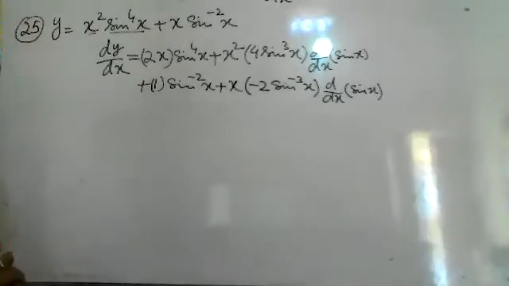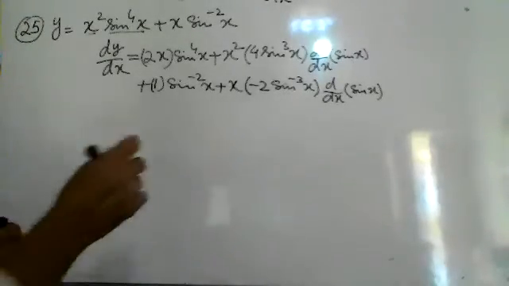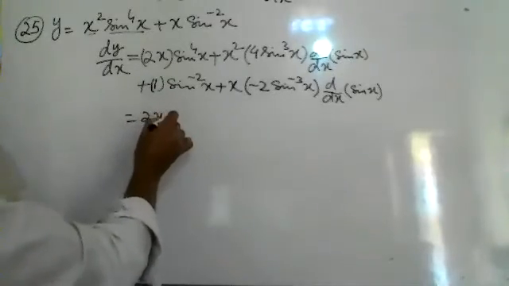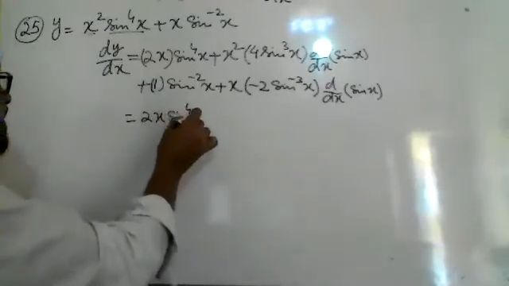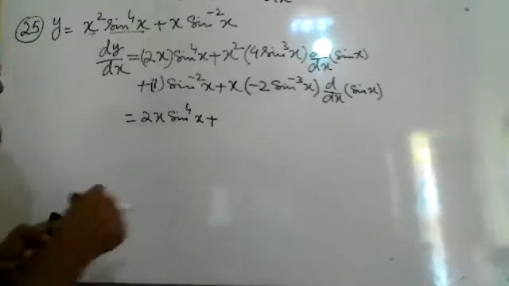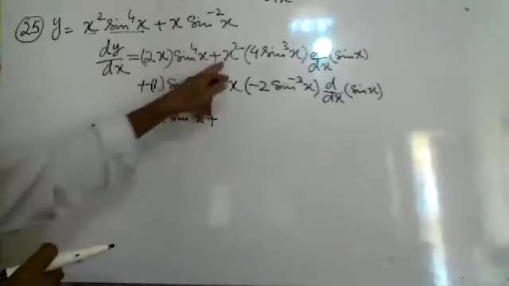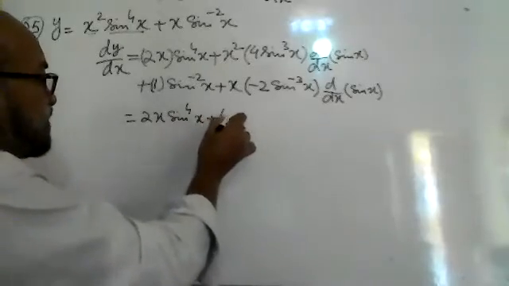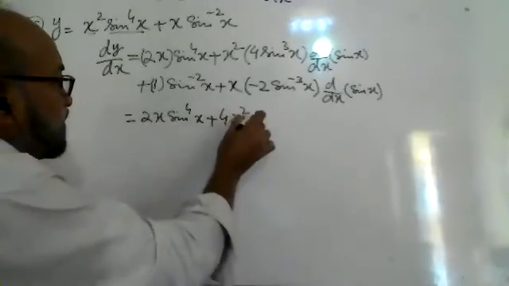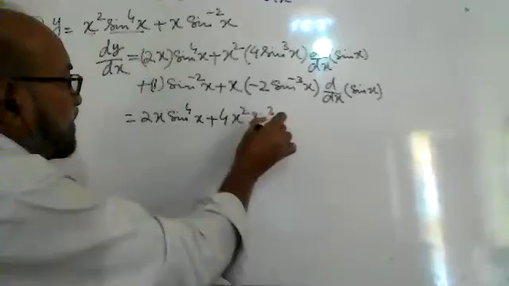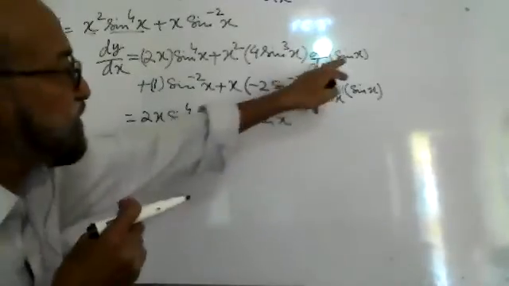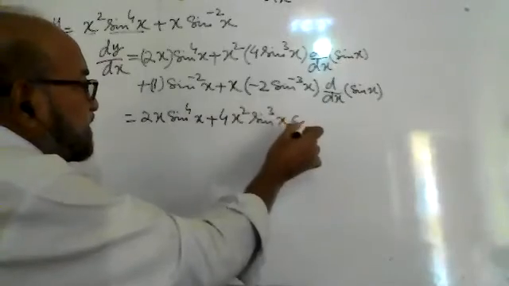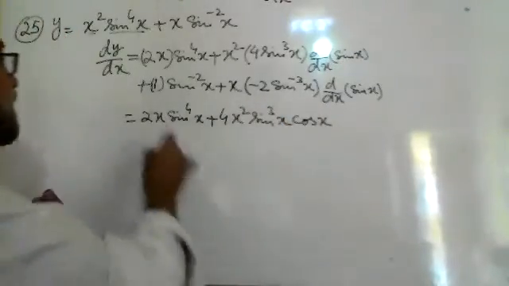Now we will simplify. 2x sine raised to power 4x plus that will be multiplied, 4x square sine cube x into derivative of sine x, that is cos x, plus